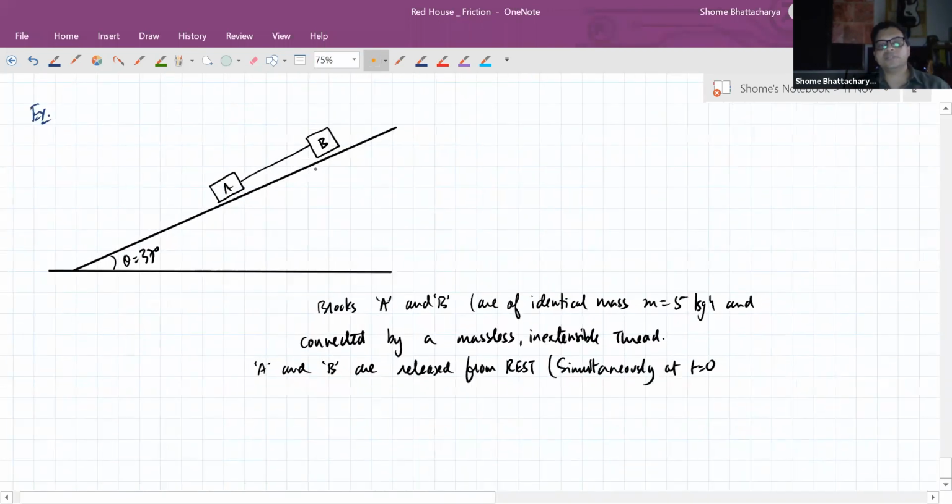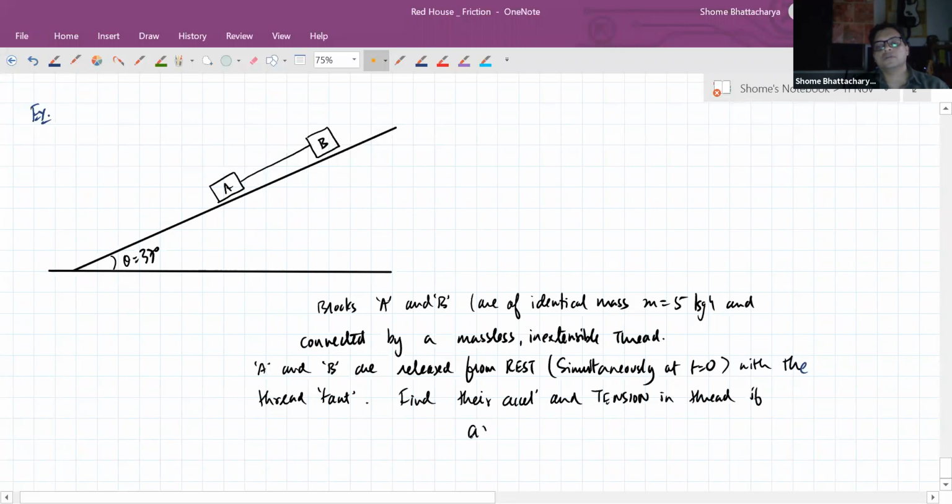So you know you're holding them at rest but with the string kind of stretched out. So with the thread taut, find their accelerations and tension in the thread